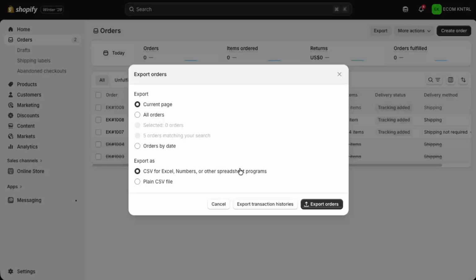In this export window, you'll see different choices, such as exporting all orders, the current page of orders, a filtered selection, or maybe orders within a specific date range, depending on your version of Shopify. You'll also see options related to the file format, and you want to make sure that CSV is selected. CSV, which stands for comma-separated values, is a simple spreadsheet format that works well with tools like Excel, Google Sheets,